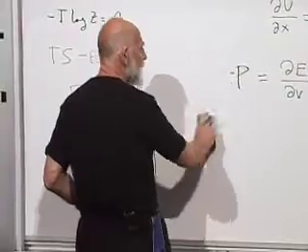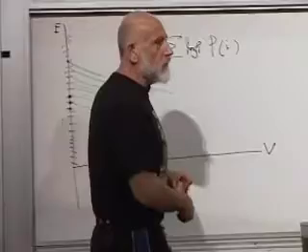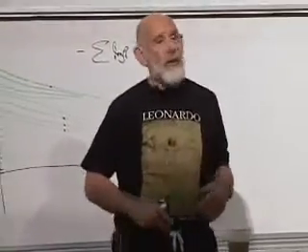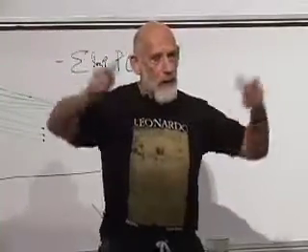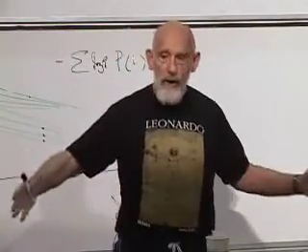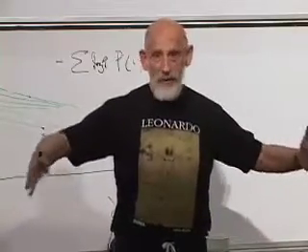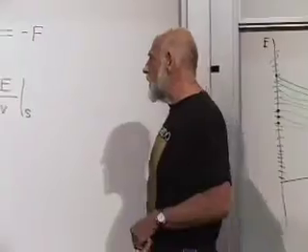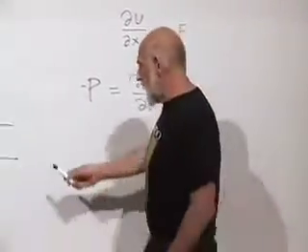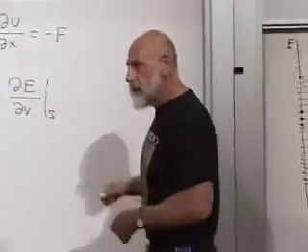There's a more general concept, which I might as well tell you. There are other kinds of control parameters besides volume. Let me give you an example. External magnetic field. Again, you could imagine a dial that ramps up current, or external electric field, which is a dial that ramps up the charge on capacitor plates, or anything like that. Those are also control parameters, and those control parameters also, when you change them, do work on a system. Same kind of formula, and you could write it more generally.